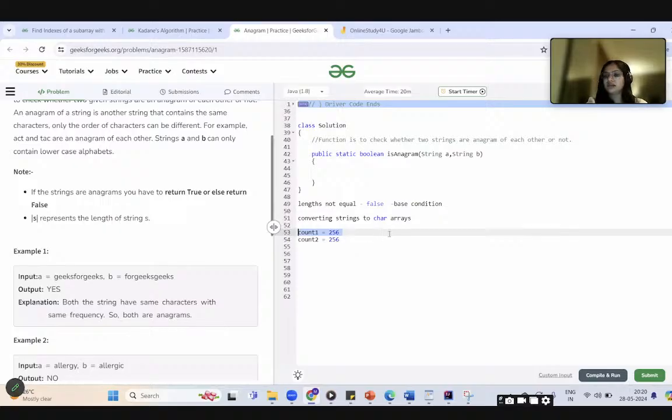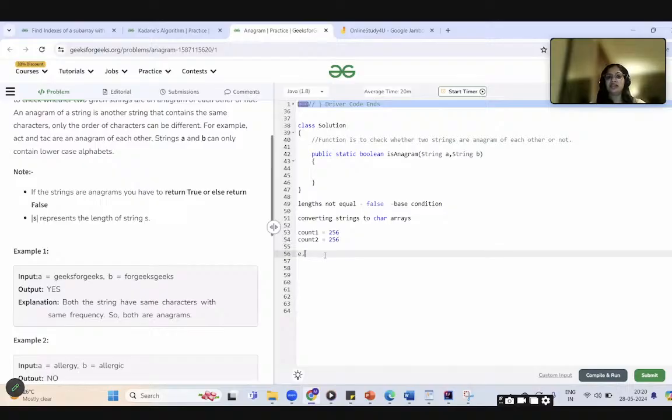And similarly, if we initialize count 2 for string 2, then we can put all the characters which are there in string 2 in that count array. So whenever, for example, an a is coming in a string, then the corresponding value, that is 97th index of that count 1, we can increment it.